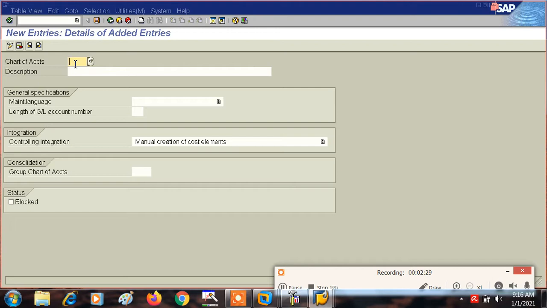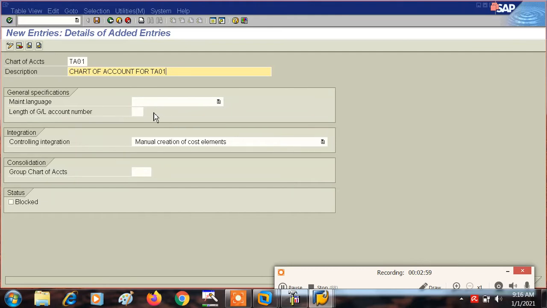That's why I'm going to give TA01 itself as the name of our company code. Chart of account. And here you can give any description, that chart of account for TA01.